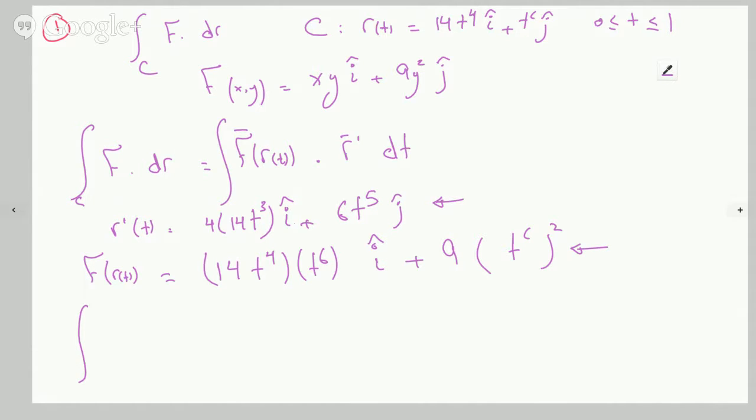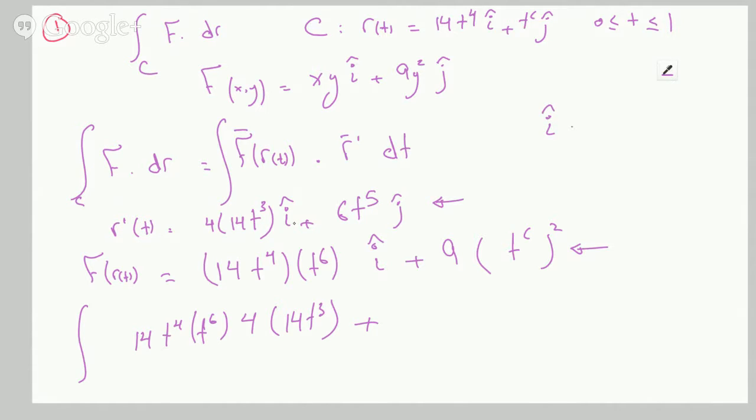It's a scalar quantity, and it represents the multiplication of the x with the x plus the y with the y. So 14 t to the 4 t to the 6 times 4 times 14 t cubed plus,